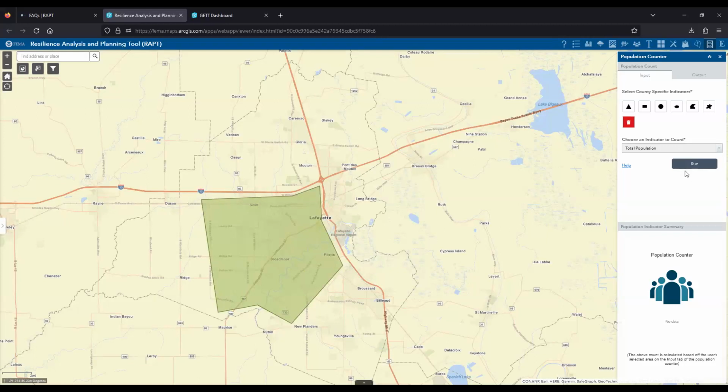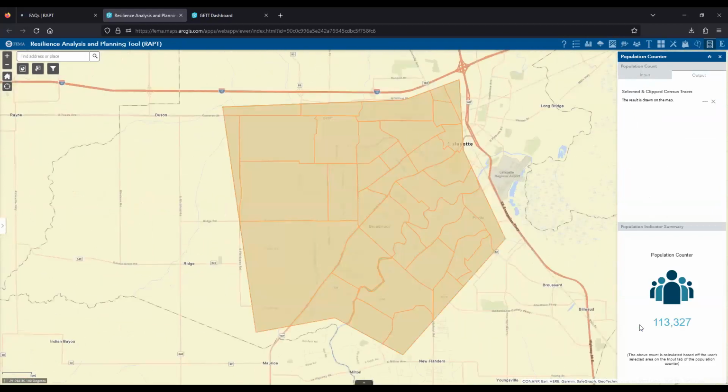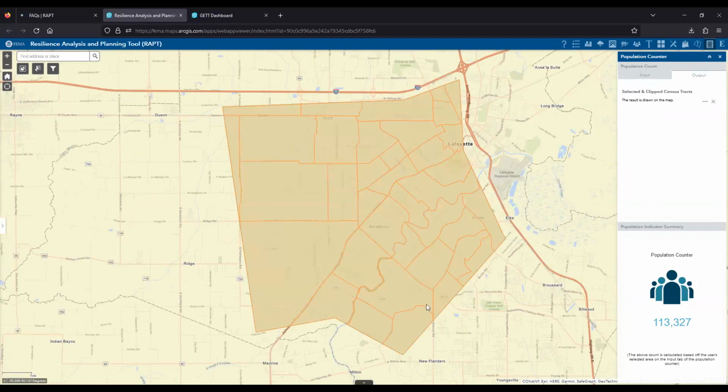Let's say this is my incident area, or my impact zone if I wanted to submit a grant application. We can run this tool. It selects all of the whole and partial census tracts within this area, and it will give us an estimate for the total number of individuals within here. So it looks like 113,000.